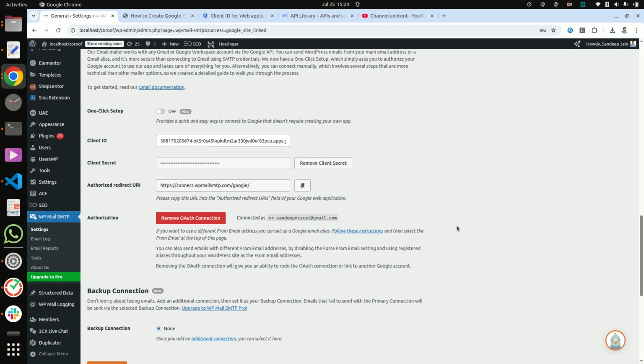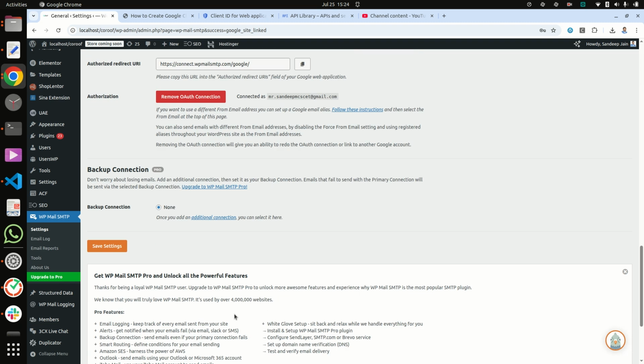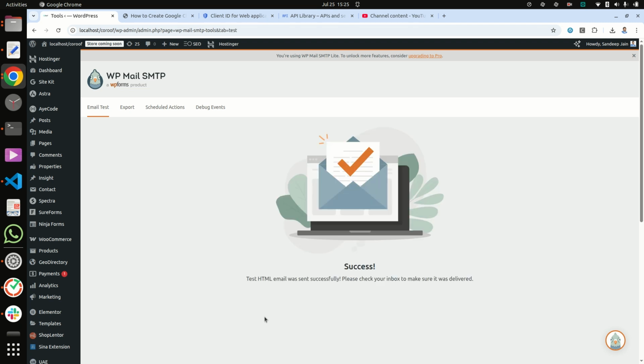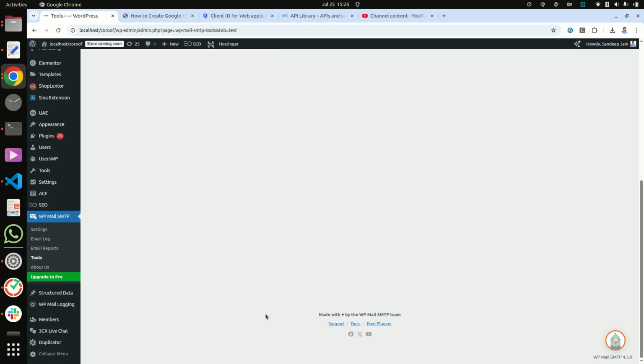Now it is connected. Now we will check some mail. So I am sending mail. Now mail successfully sent, and you can also check the email log here.